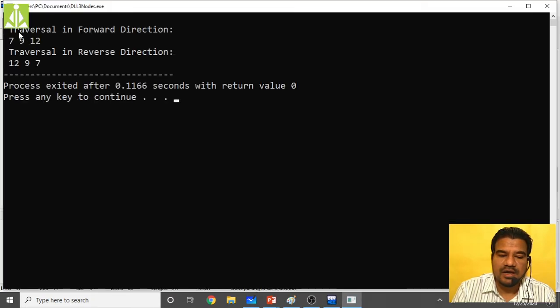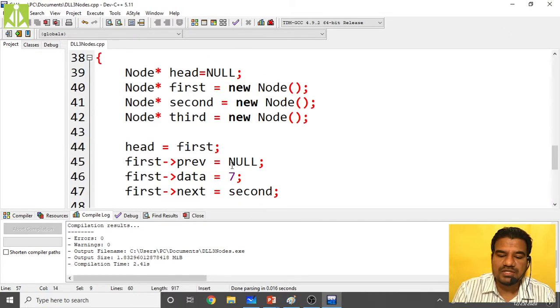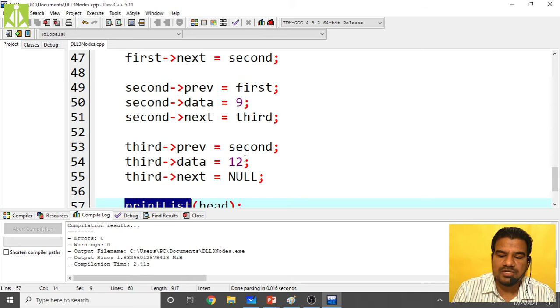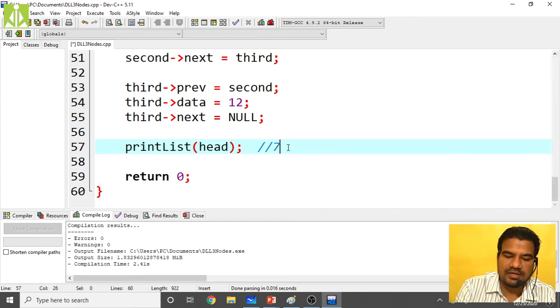See, traversal in forward direction. Quickly review what nodes we have added. First we added 7, then 9, then 12. So 7, 9, 12 will come in this direction. If you perform the forward traversal, you will get like this.